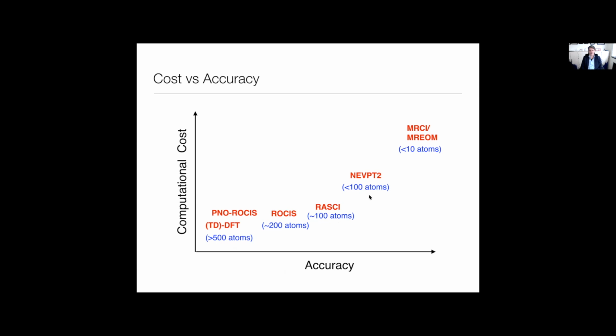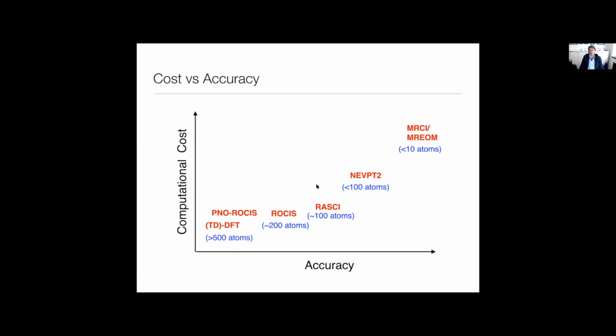If you twist my arm, then I can probably do 100 or 150 atoms, but these calculations start to become quite expensive. And MRCI and MRUM are crazy, and you're definitely in the realm smaller than 10 atoms, and so that is mostly done when you want to do kind of pilot studies, or you care about very small systems, model systems that you are studying to figure something out in principle. So that basically is our truth table to orient you, and now we will start to dig into the science a bit.